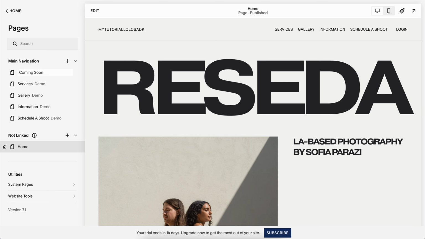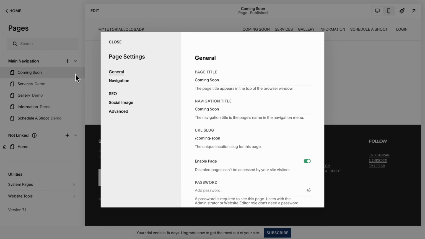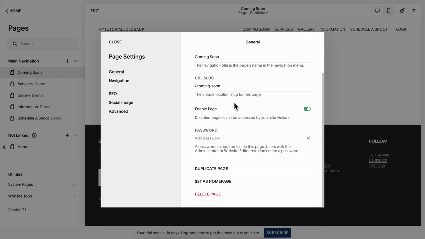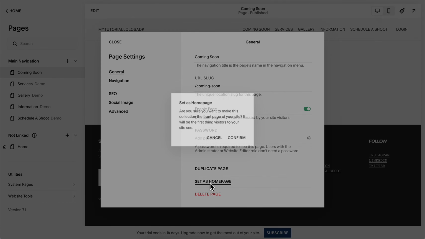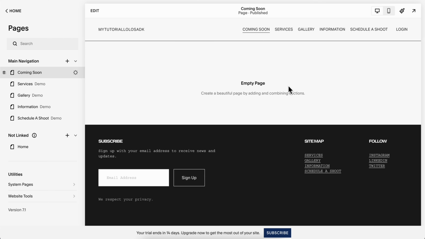soon. And then what you're going to have to do next is simply click on the settings icon, and then you're going to have to scroll down and then click on set as homepage, then confirm. And then what you're going to have to do next is simply go back, and then you're going to have to simply